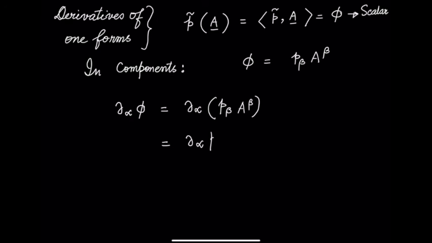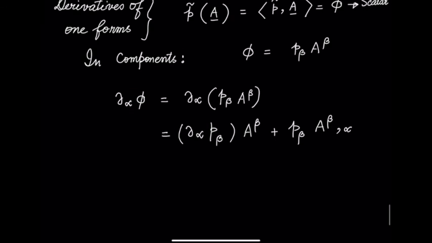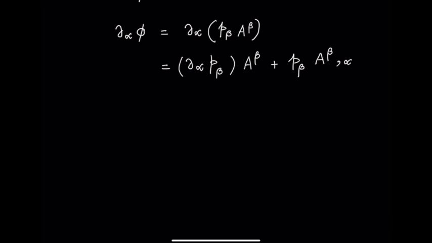Del alpha of p beta, keeping a beta out of the harm of del alpha, plus p beta del alpha of a beta, which now I write as del alpha p beta a beta,